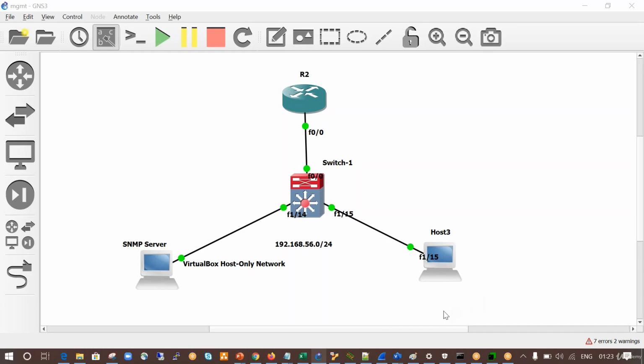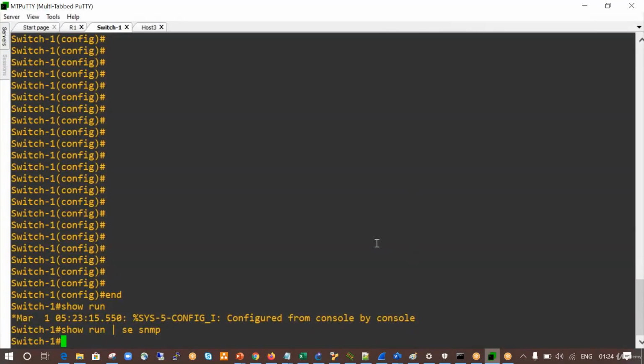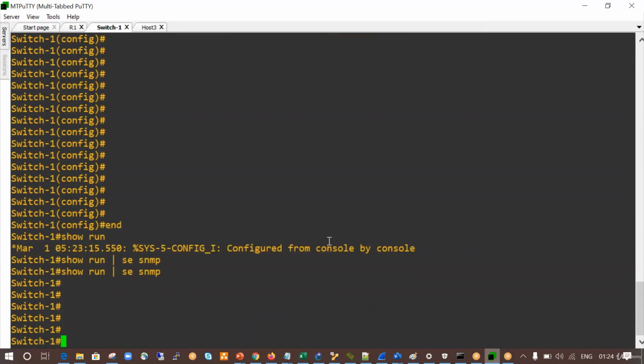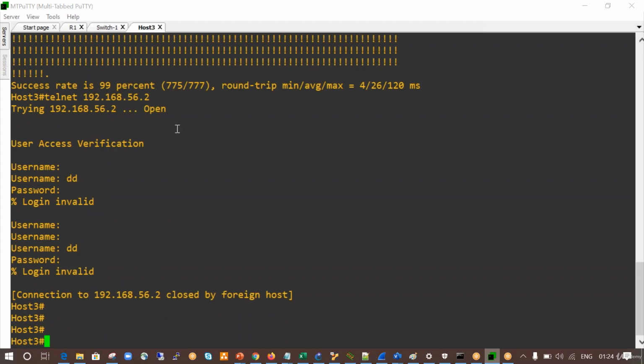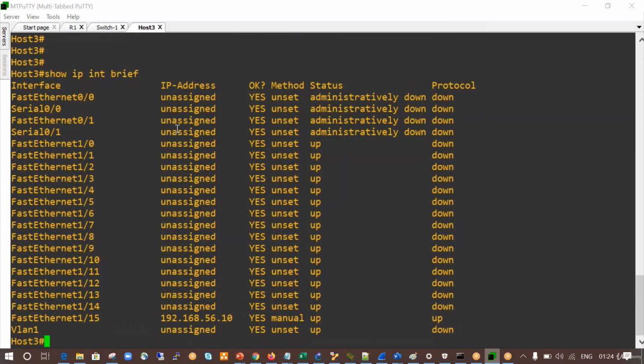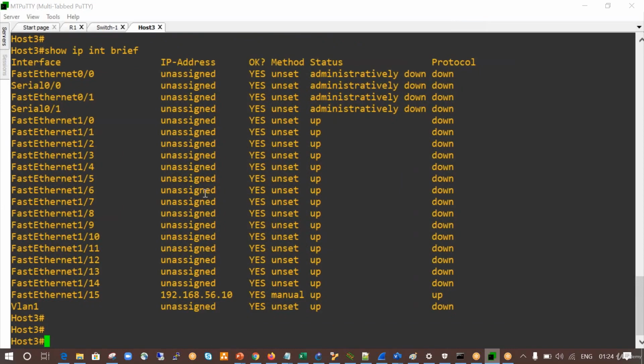Obviously we have to do the configuration for SNMP as well. So here you can see I don't have any SNMP configuration at this point of time that I want to put. And with this host, if I check show ip interface brief, what IP does it have? So here you can see that I have